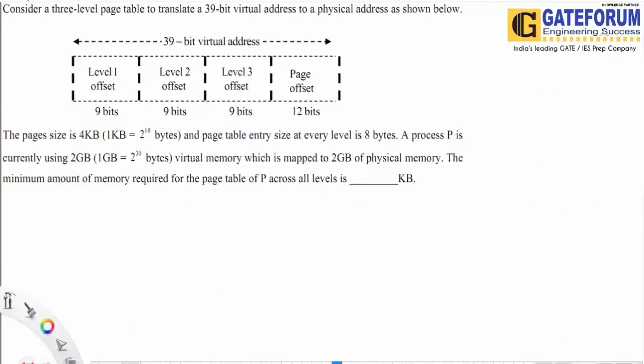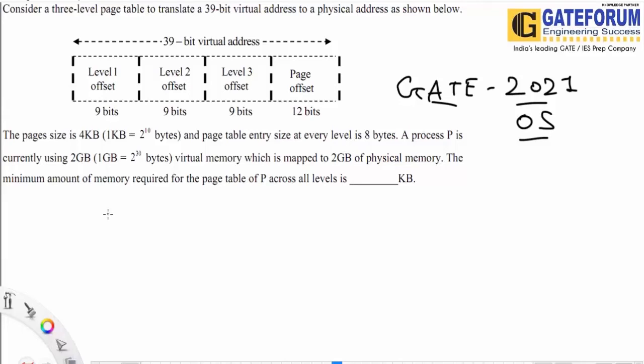All the best. Welcome back with another GATE 2021 question, which was asked for operating system. Okay, so the question is somewhat complex. We are given a three-level page table and a particular page offset of 12 bits. The current page size is basically 4 KB, where 1 KB is 2 to 10, so 4 KB is 2 to 12, which represents the page offset here. So page size determines the page offset, and the page table entry size is given as 8 bytes.